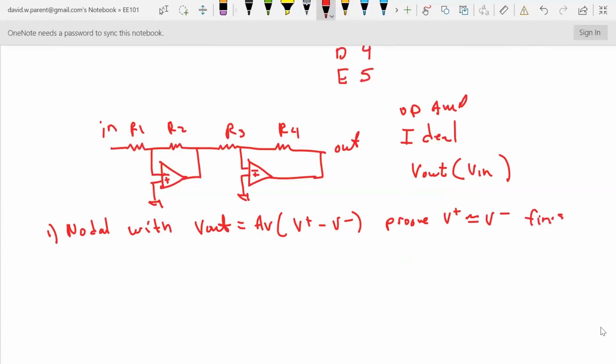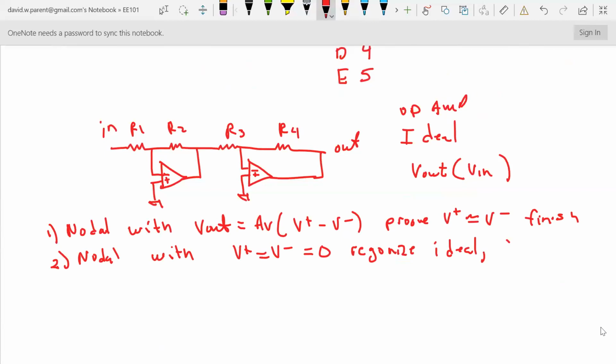Finish, right? We have 2: nodal with V plus equals V minus equals 0, because we recognize the op-amp is ideal and has feedback, and then we finish, right? And then we have 3,